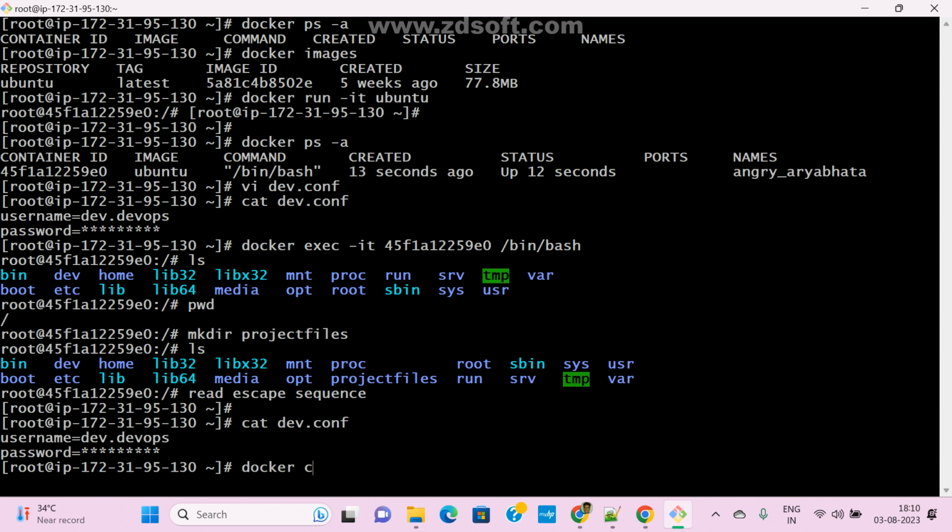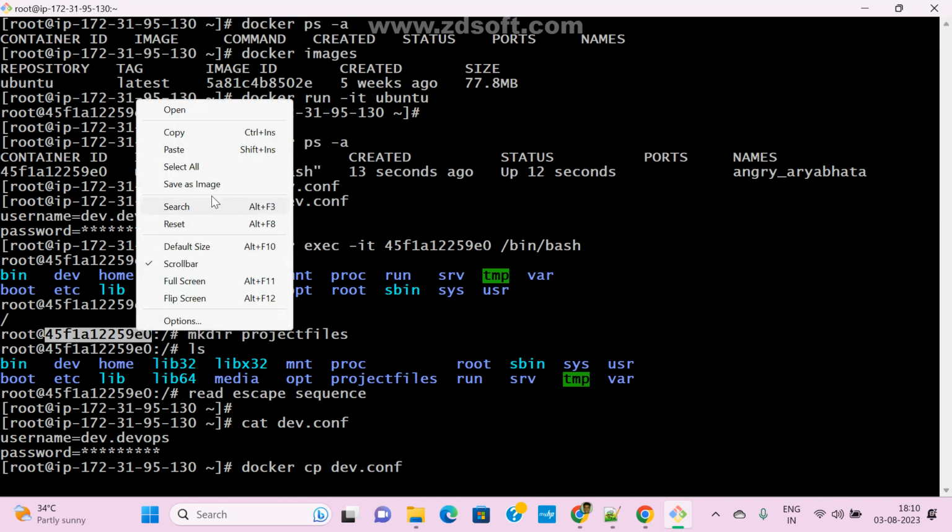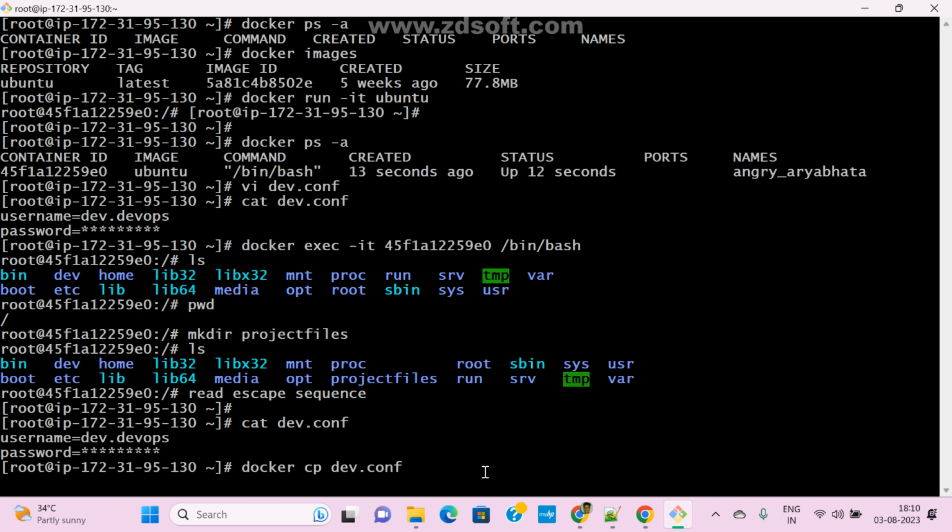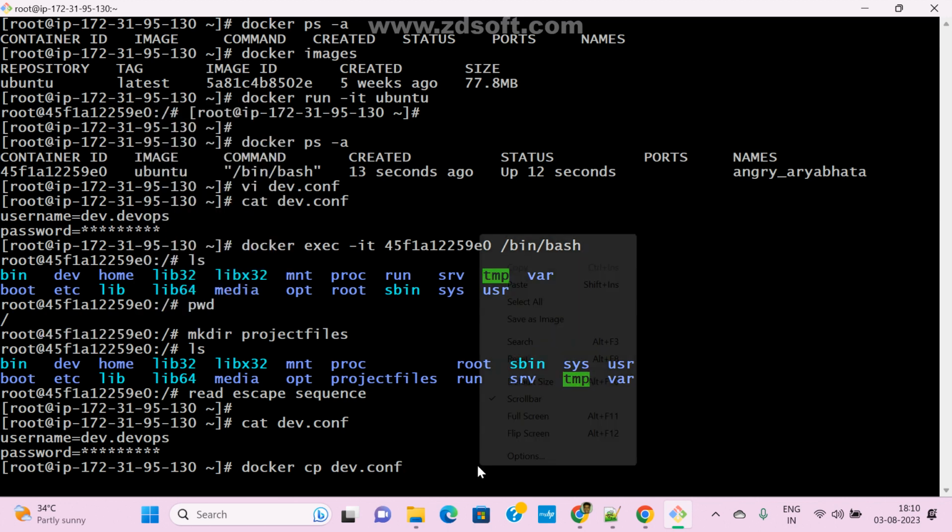Docker cp, then the file name. What is your file name, guys? Dev.configuration. And then which container you want to copy to? Suppose you have multiple containers, so which container particularly you want to copy to, take this container id and paste it,